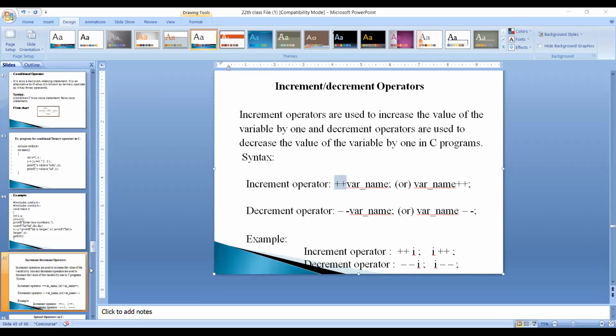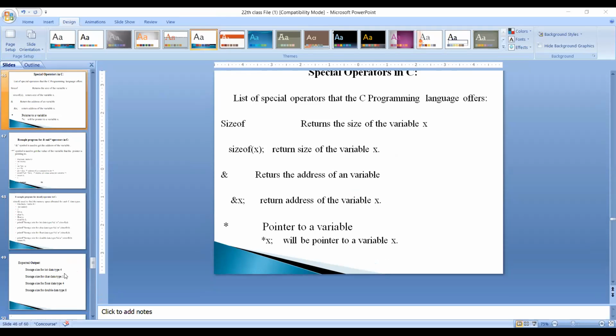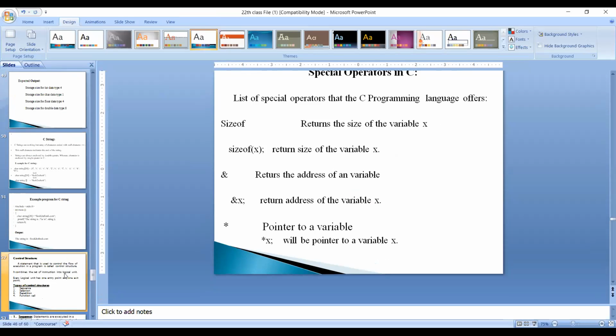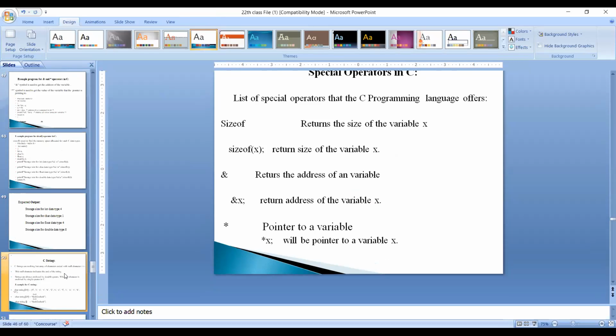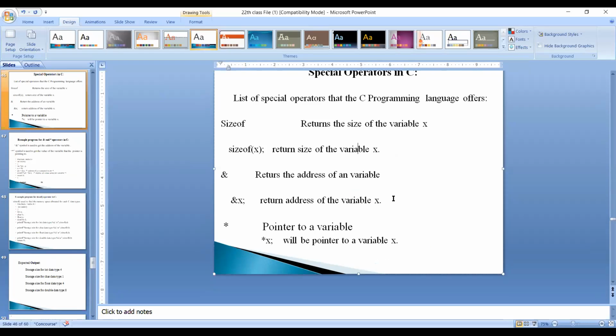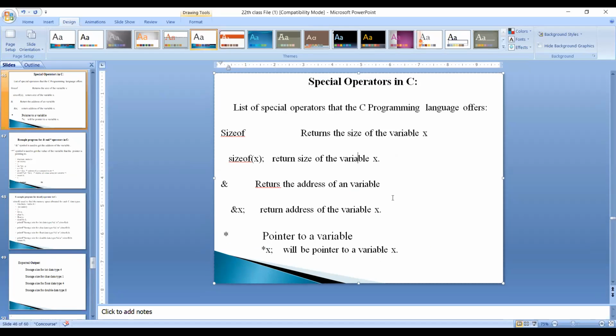Then the last one. The last one, I think, is special operators. Yes, special operators. Generally, we will use the ampersand, meaning the and symbol, the star symbol, the arrow symbol, and dot also, comma also. These are the special operators.